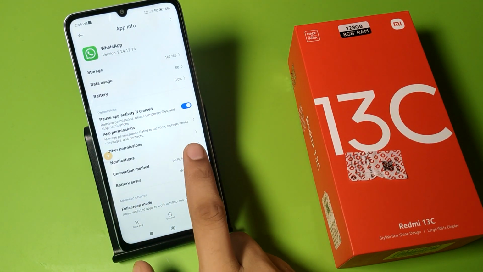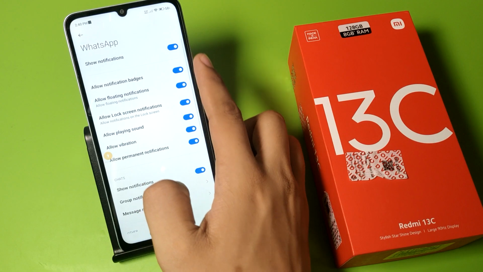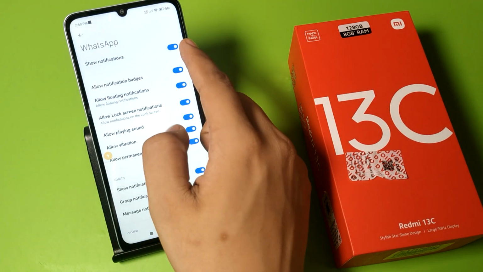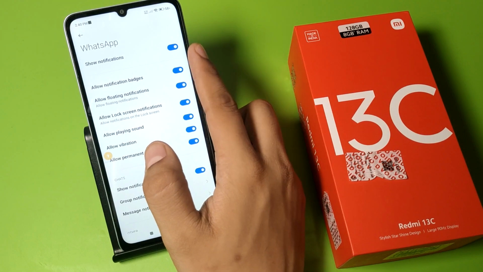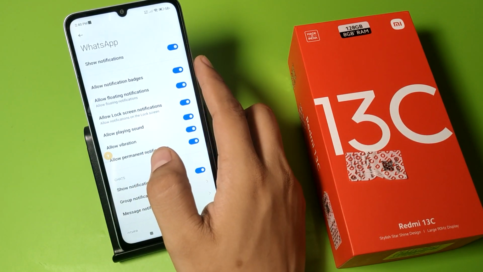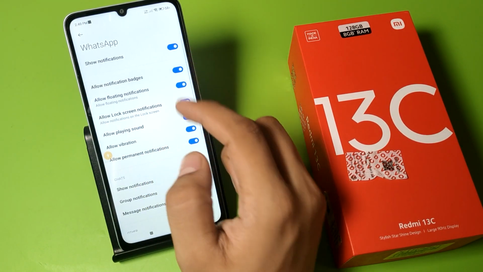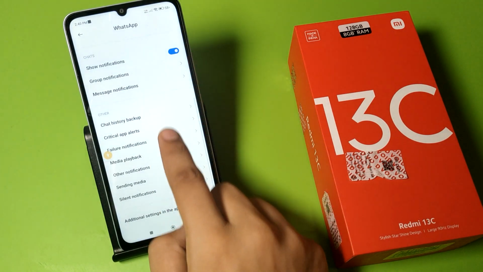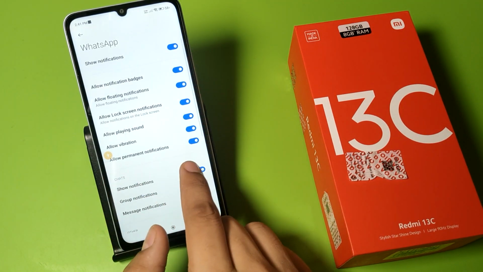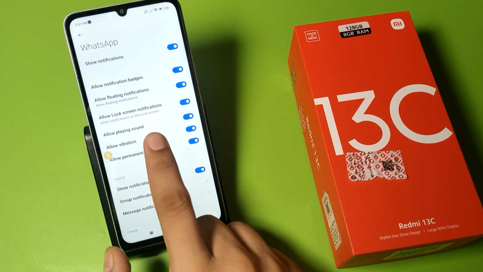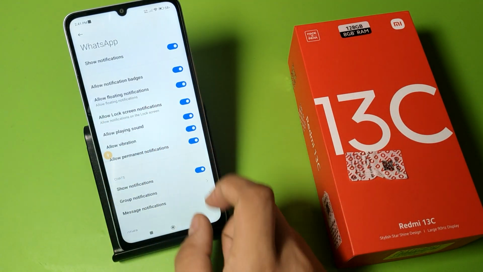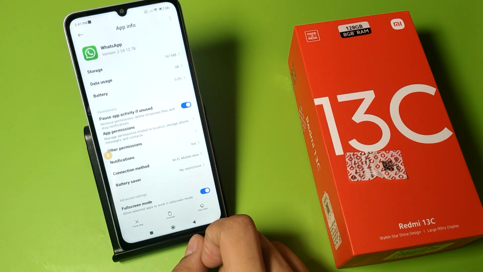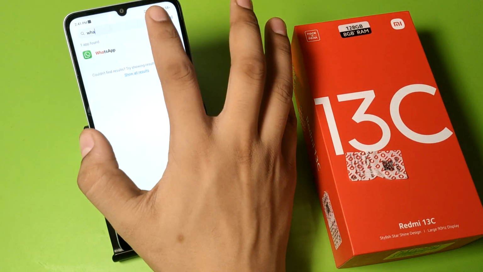Swipe down, click on notifications, and here you have to enable all these notifications. You can see, if it is not enabled, then it will not send your messages. You have to enable all these. You can see show notification, allow permanent notification, allow lock screen notification, allow for floating notification, and press back simply and type here